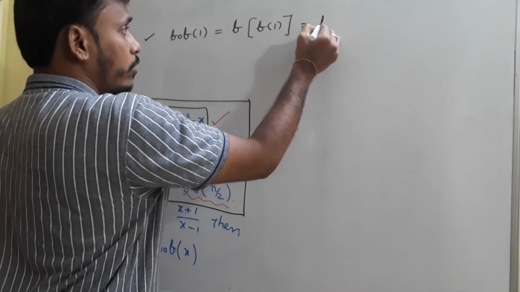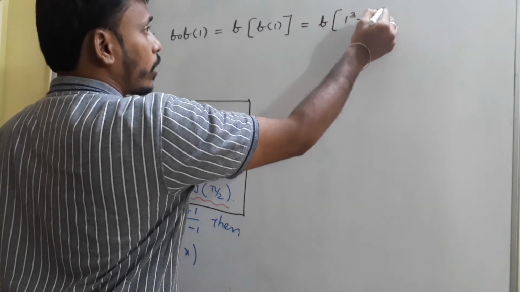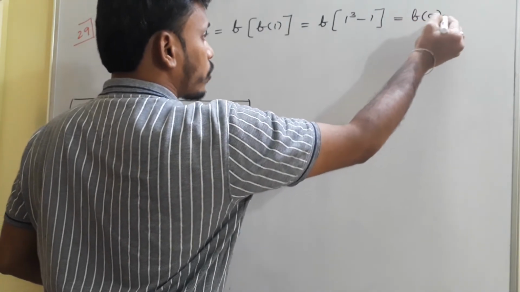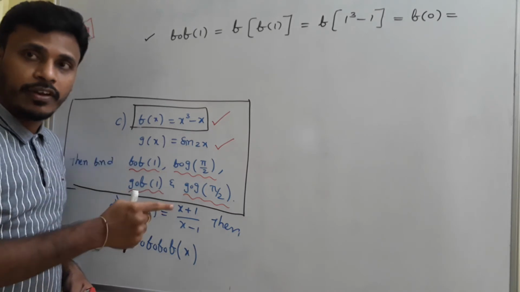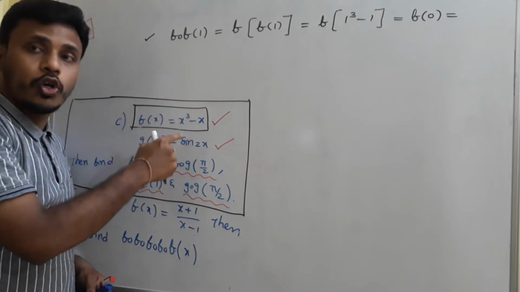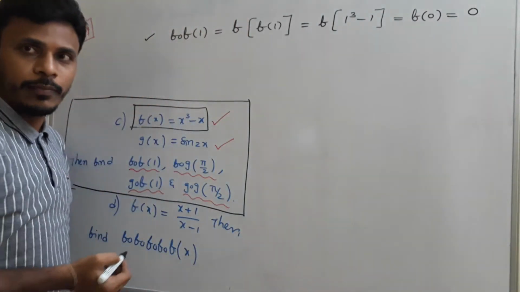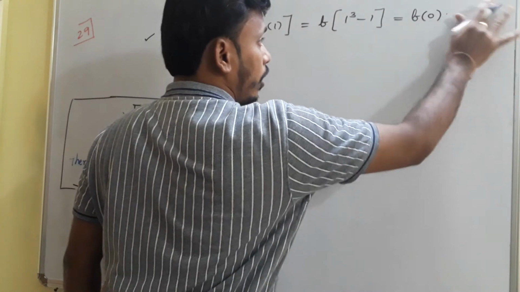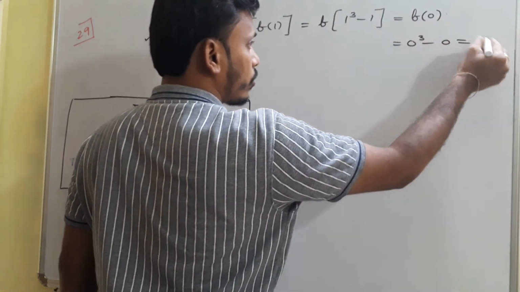So that is equals to f of 1 cube minus 1. 1 cube is 1, 1 minus 1 is 0, f of 0. So again we need to use the function f only, but this time our input is 0. So 0 cube minus 0 is again 0, f of 0 is 0, right? Can I write everything? F of 0 is simply what? F of 0 is 0 cube minus 0 and that is equals to 0.